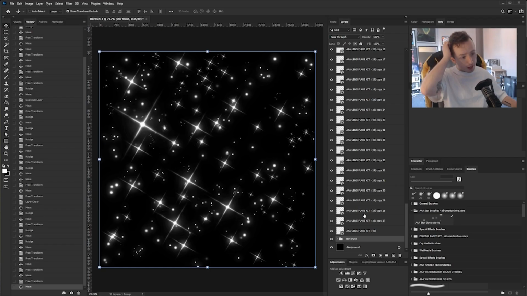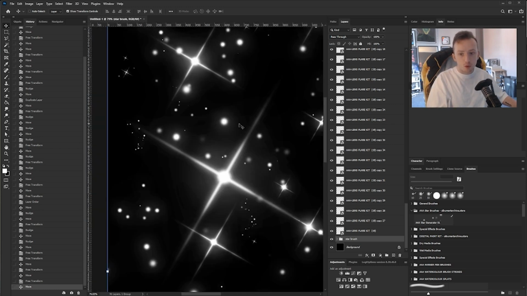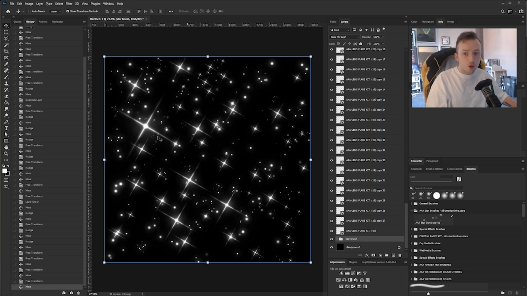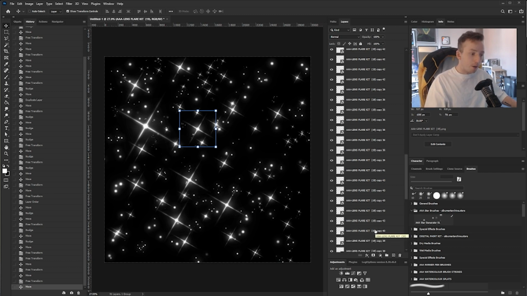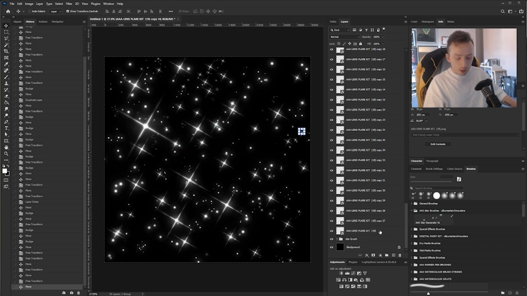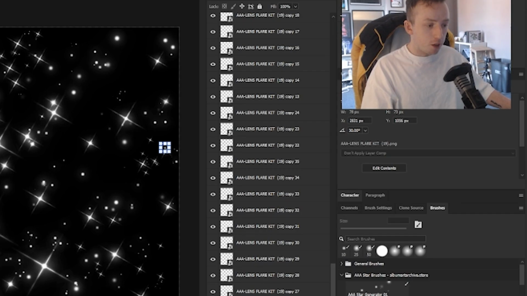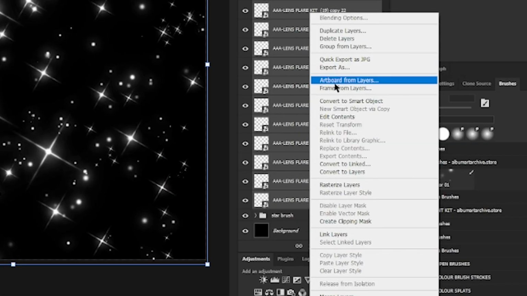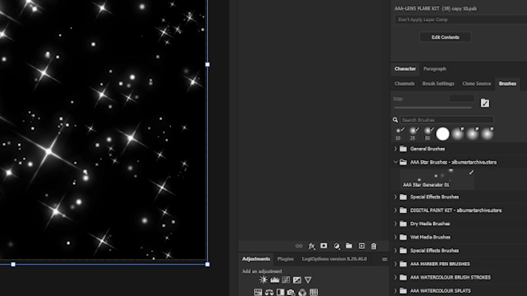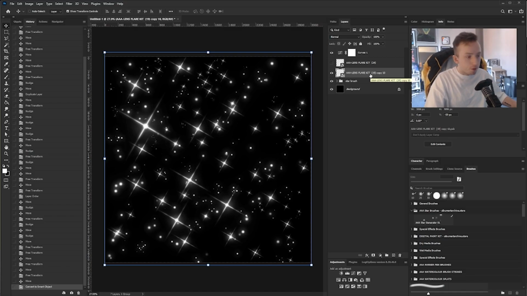So yeah, if you rasterize one of the larger flares, like I've used this one pretty big here, and then when you're duplicating, you just duplicate from the larger one every time, you don't need all of them to be a smart object. But yeah, I've done with mine. What I'm going to do is click on the lens flare at the top and then the lens flare at the bottom, press shift and click to select them all, right click and click convert to smart objects. Exact same as before that we did with the star brush